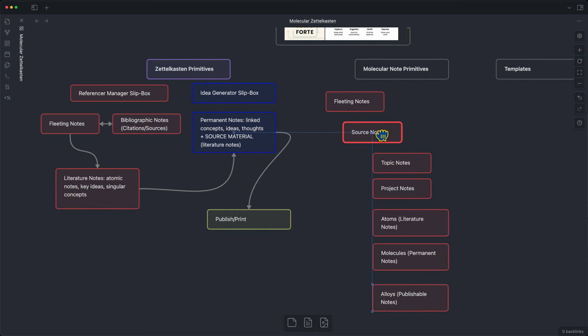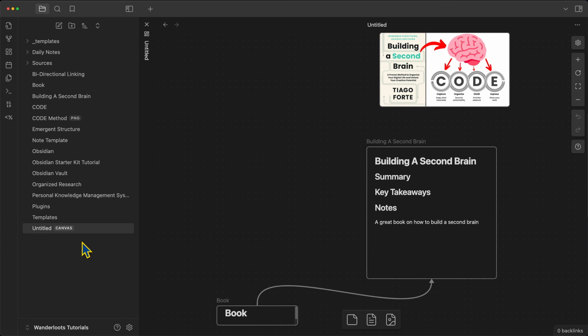Okay, now let's actually take a look at the Zettelkasten system itself, where I'm going to map this in the Canvas tool in Obsidian, and then I'm going to convert it into my molecular note system before touching more on personal knowledge management theory that I hope will help make this system feel a lot more concrete and less abstract. Let's dive in. Okay, so here's where I left off after my beginner Obsidian tutorial.